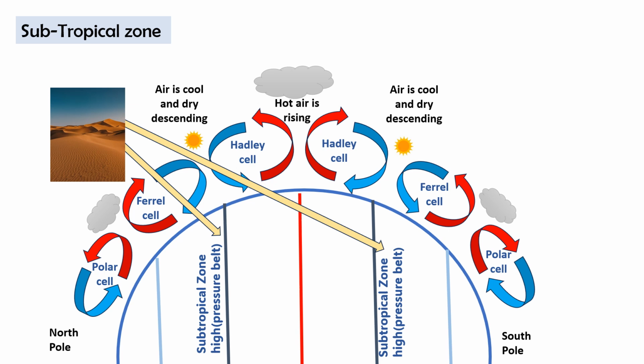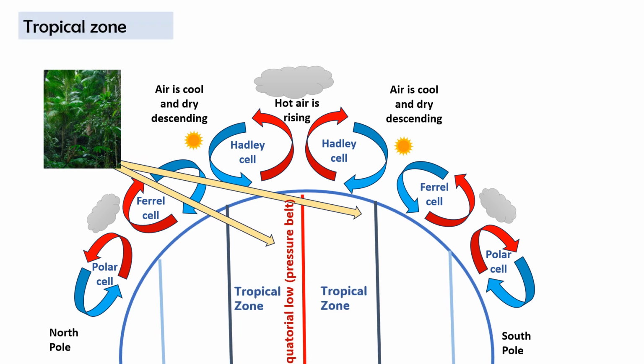Daytime temperatures can go beyond 40 degrees C, whilst at night, due to the lack of cloud cover, temperatures can fall to below freezing. So that's pretty major extreme weather in that particular area. So as you can see in this model, you can see exactly where it fits in that particular climate zone. Let's have a look at the next climate